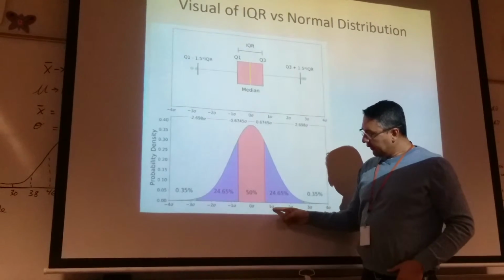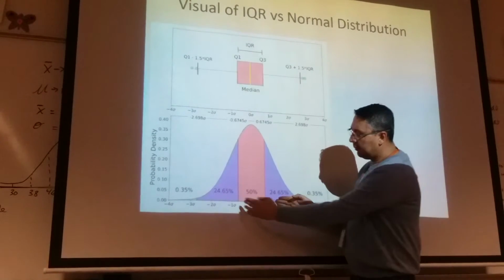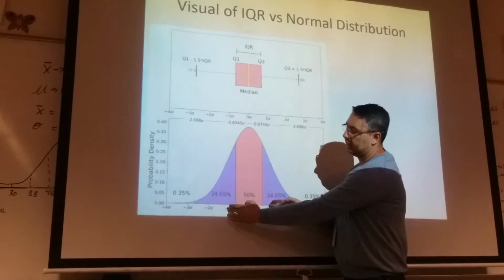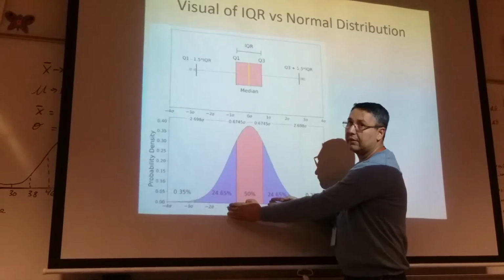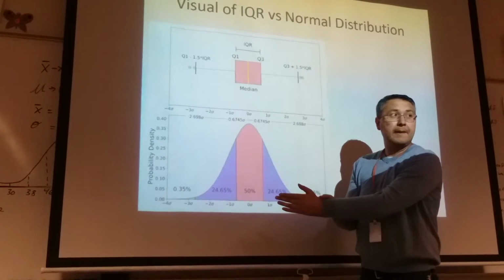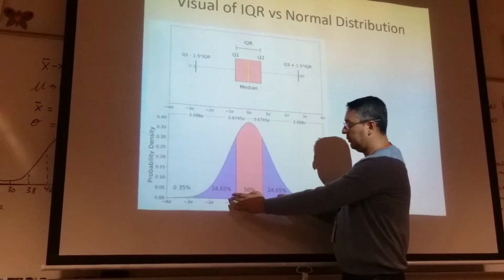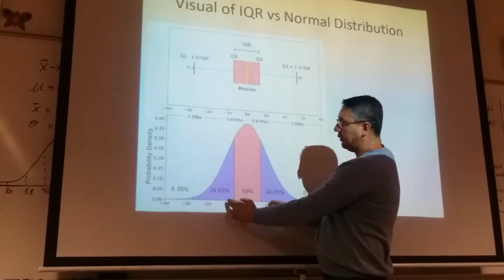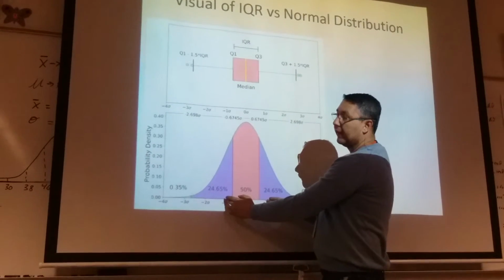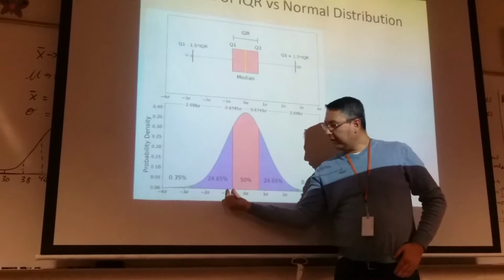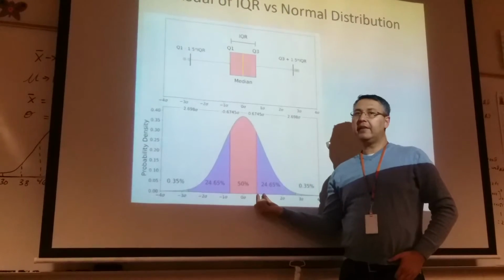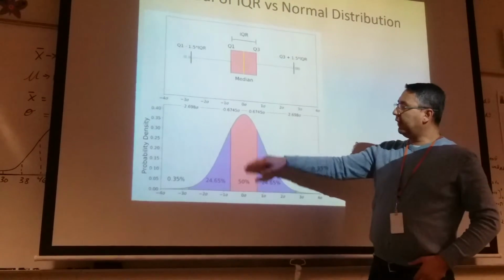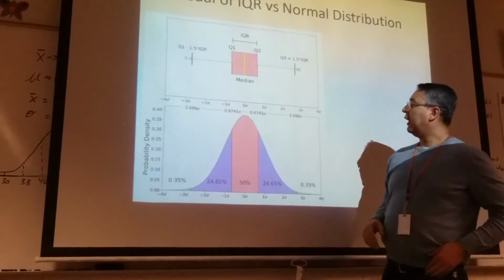Now guys, do you see how this is 1 sigma? What is it from here to here? No, what percentage is it from? 50. No, that's 50% showing the IQR. What is it from sigma to sigma? 68%. So do you see how you have a little bit here that's not included and a little bit here that's not included? Okay? So basically, IQR gives you the 50% range, and then